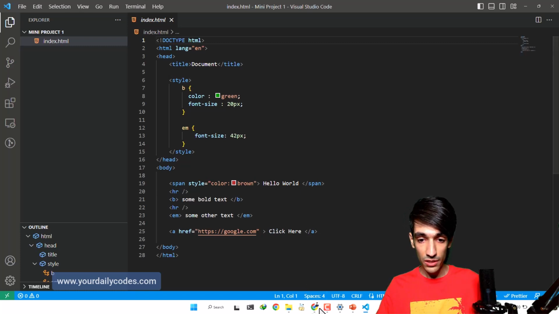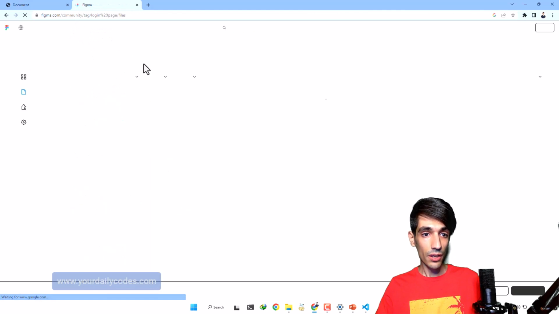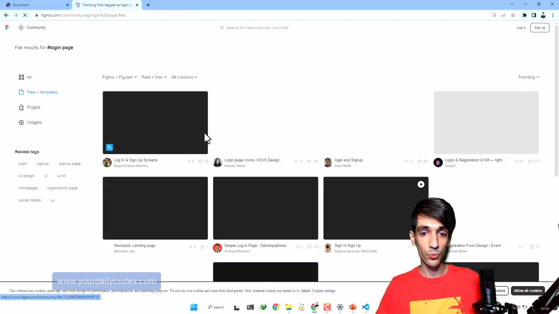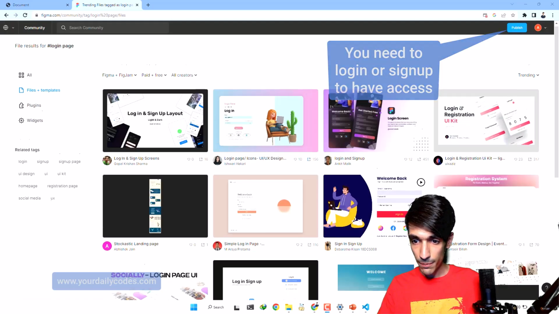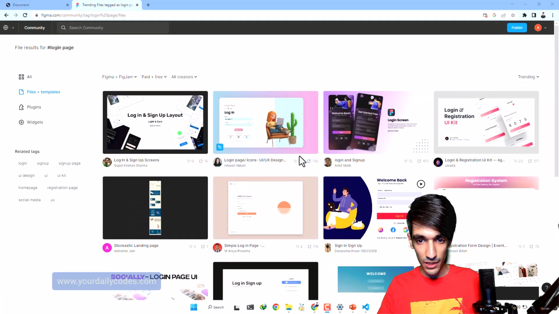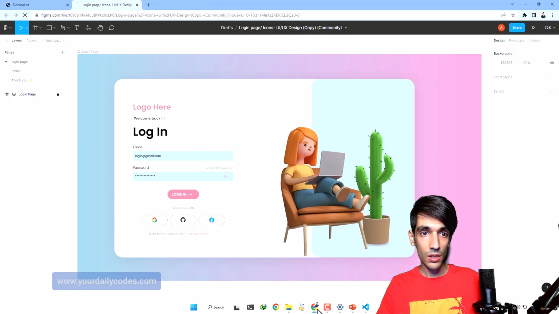For example, let's search free login page on Figma, and as you can see, there's something here, and we can take a look at all these Figmas. So for example, we can choose anyone, but let's choose this one here, okay? This is the login page that we are going to design. Okay, let's get back to our codes here.